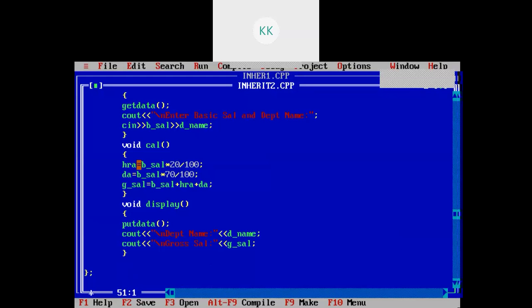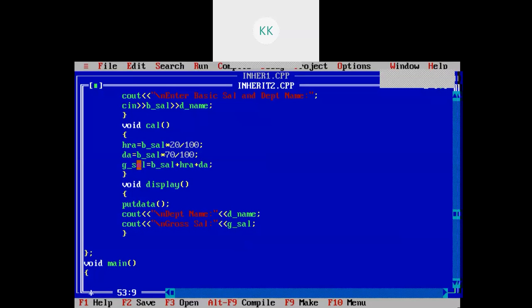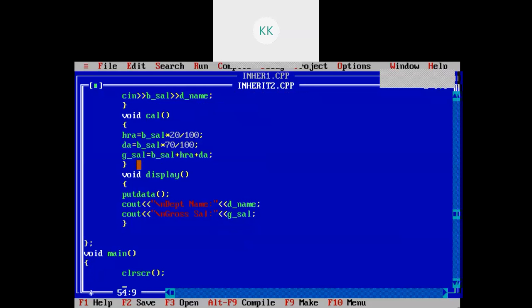Now I can write the main function. So void main. Since the base class is included in the inherited class when you inherit, we need to just create the object for the derived class. The derived class name is department D. Okay.